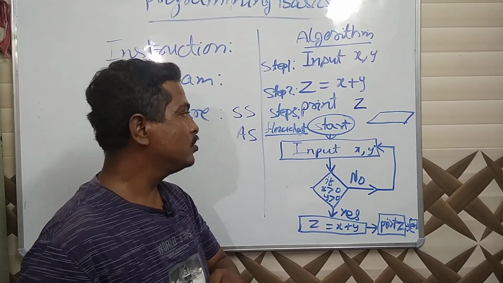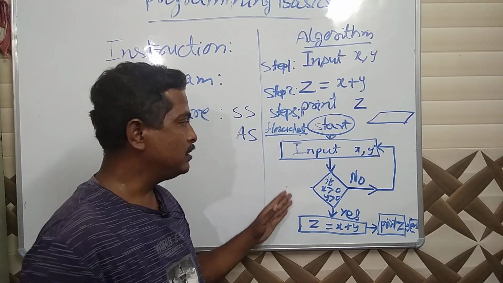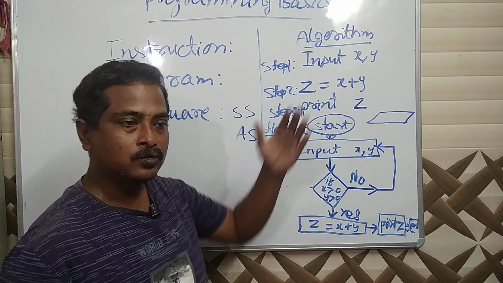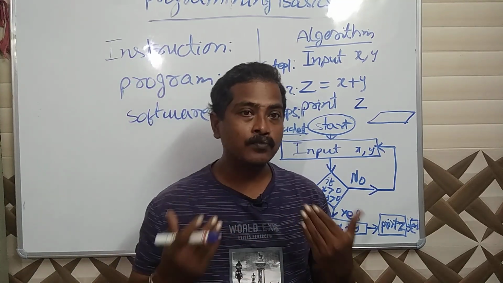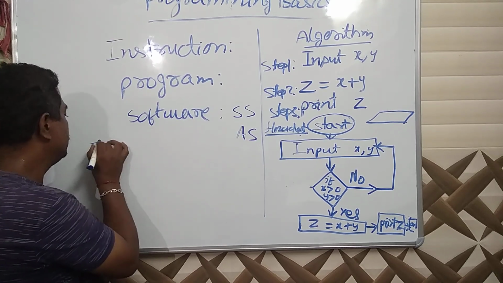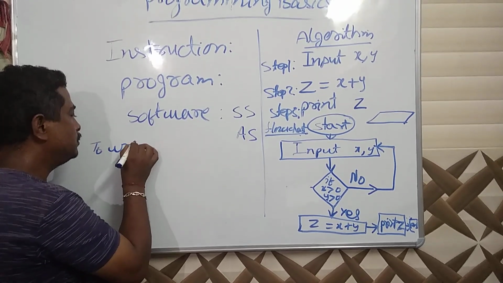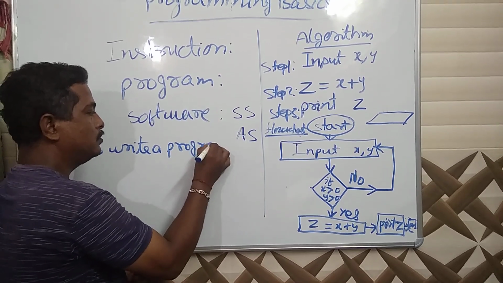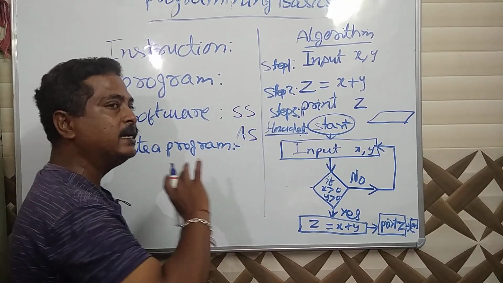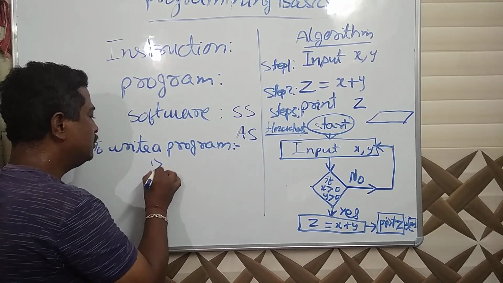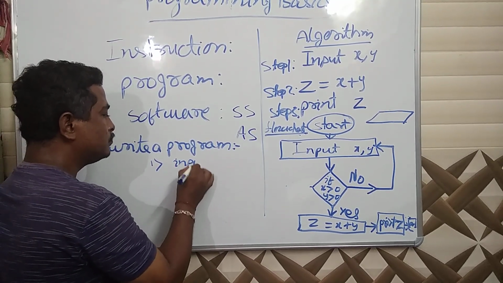If it is a small program, you can draw a flowchart, or else you start from the algorithm. Okay, so you got what you need to write a program. You need two things to write a program. Don't go blindly. If you are getting a question, first you read what is the input.